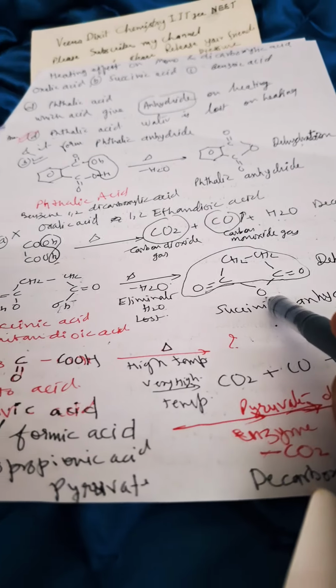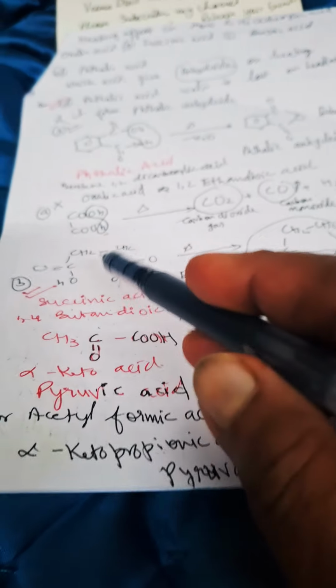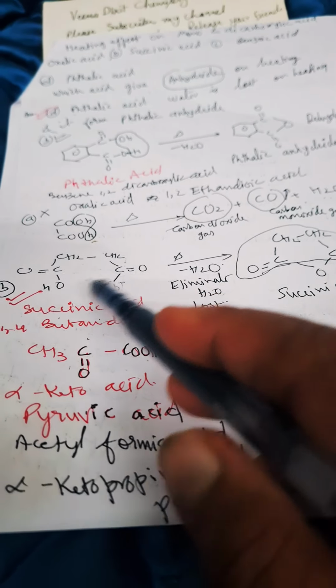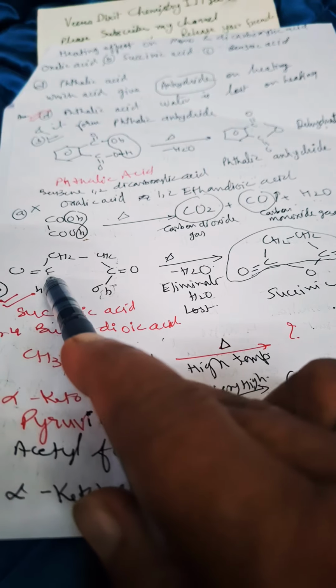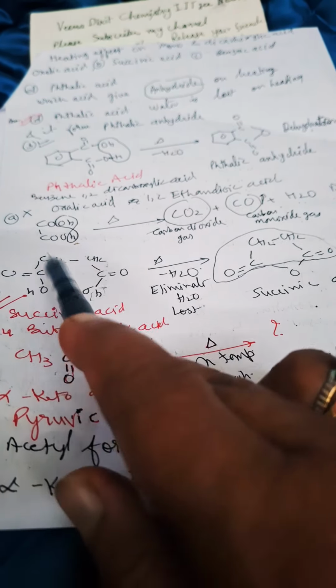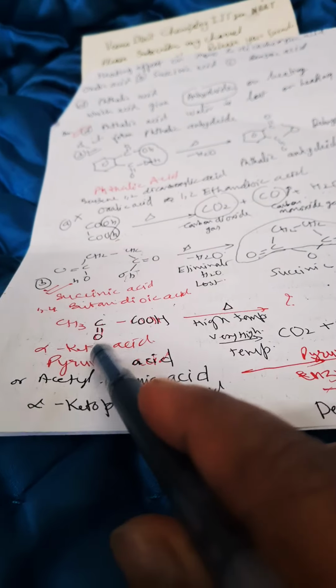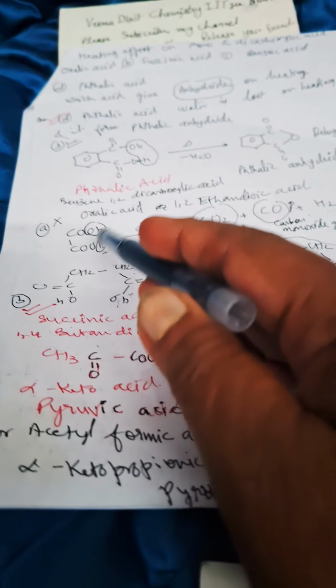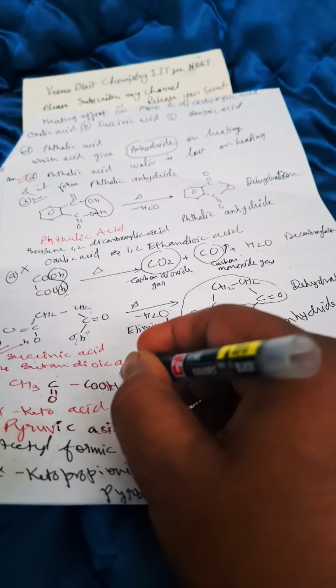So it is not that difficult if you know how to draw butane-1,4-dioic acid. The first carbon and the last, fourth carbon, have the COOH group, starting numbering from 1 carboxylic acid and adding 2 carboxylic acid. So 1, 2, 3, 4. Okay. So when you know this, then you will easily do that. Now this is finished over here. Oxalic acid, I told you that it will not form anhydride, and benzoic acid also does not form anhydride on heating. Now this question is ended.